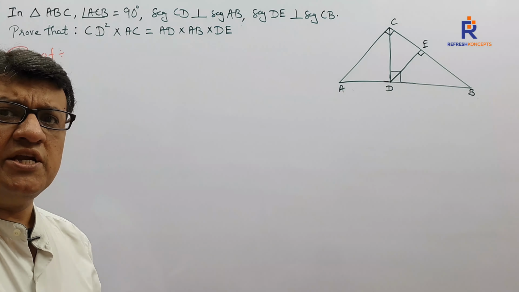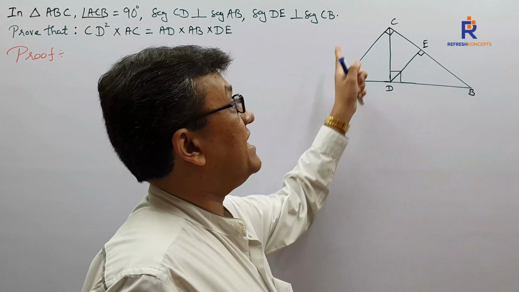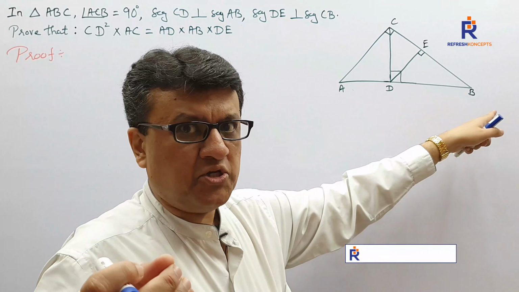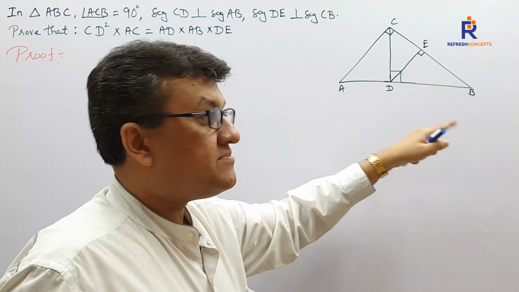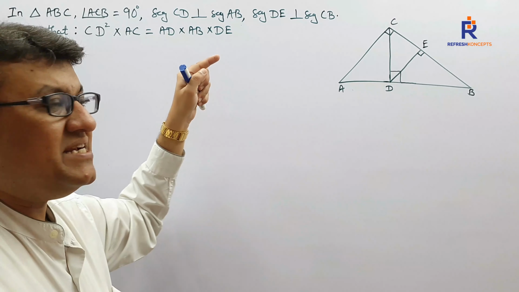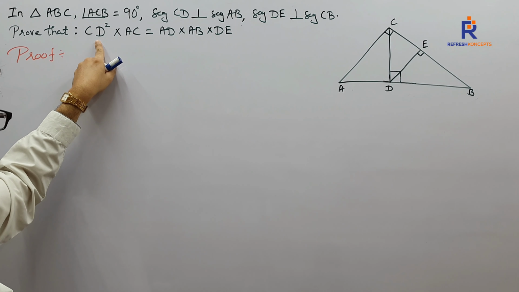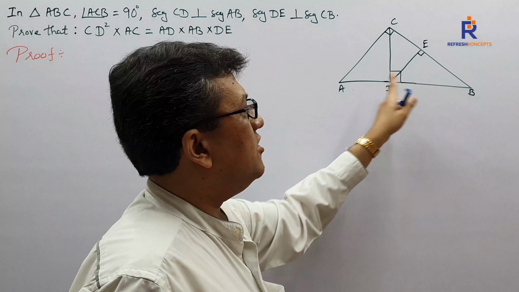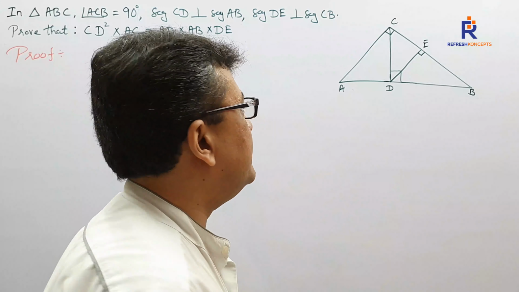But sir, how did you know that we are supposed to go for GMC, geometric mean corollary, and that too in triangle ACB and not triangle CDB? I have a point also. This is a very good argument if a child has to raise. We have an answer for the same. I said that I shall be giving you the answer from the diagram and from my proof. What did the first part of the proof say? The first part of the proof is saying CD square. How can I get CD square? By applying GMC in CDB or by applying GMC in ACB? By applying GMC in ACB.